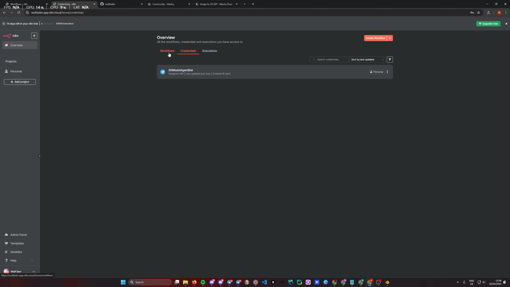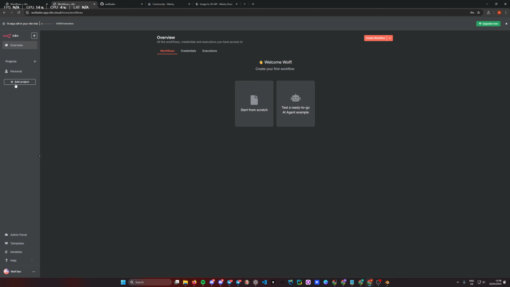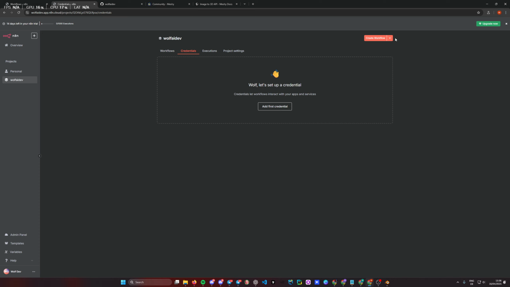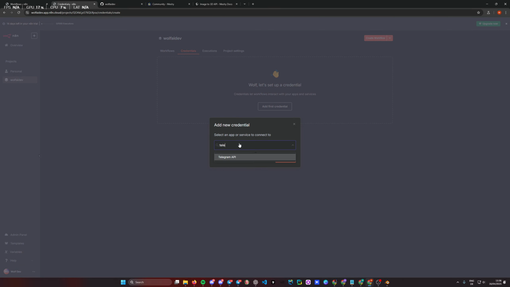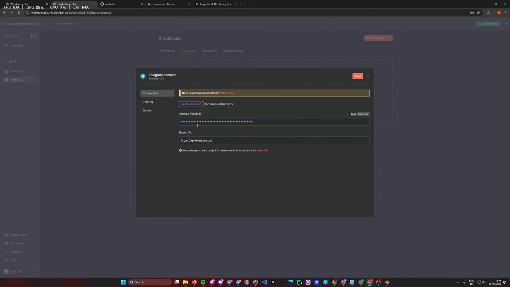So basically what I want to do next, actually, hold on, what kind of projects do I have? Let me reload quickly, because it was kind of bugging out. So it wasn't added here, right? I want to add my credential here in this little menu, so I'm going to paste this and rename it 3D model agent bot,